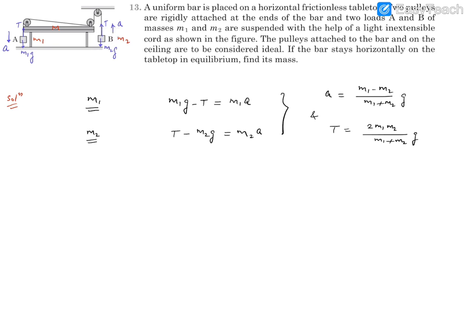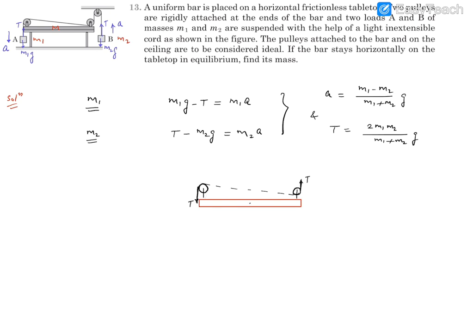Now we focus on this bar. Let's draw the free body diagram of this bar. This is the bar, and that remains horizontal. Let's draw the forces acting on this. Here is a pulley connected to this. This pulley is going to apply a tension force downward, like this. There is another pulley connected over here. This is going to apply a tension force upward. And there is a string connected, so this will have equal and opposite forces cancelling out each other. Moreover, these T also cancel out each other.